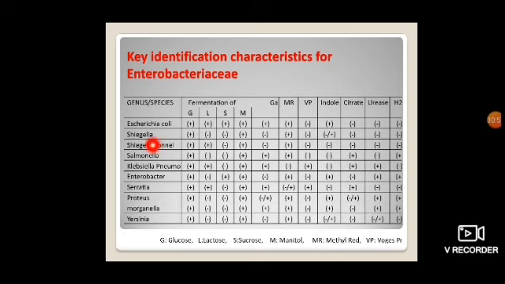And this shows the different types of microorganisms that give positive and negative results in different tests: glucose, lactose, sucrose, and mannitol, and different biochemical tests like methyl red, indole, citrate, and urease. From this table, all of these are characteristic of the Enterobacteriaceae family of microorganisms. All those points we consider in the biochemical reactions.